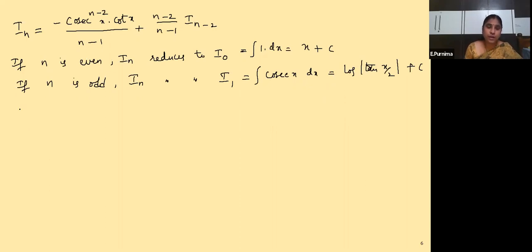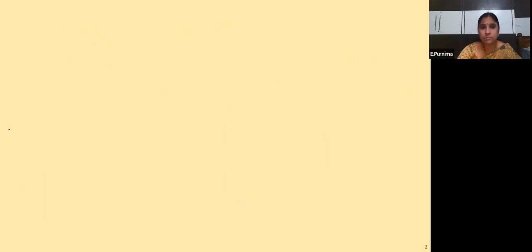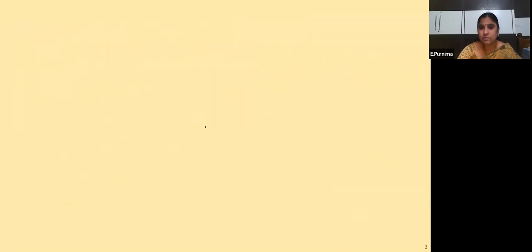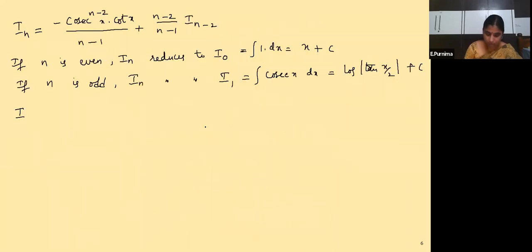Now we are supposed to find out the continuation. One more sum is there. You are asked to find out the integral of cosecant to the power of, what is the question here? Let us check here, children. What was our question? Cosecant to the power of 5 x. Yes? Cosecant to the power of 5 x is there.